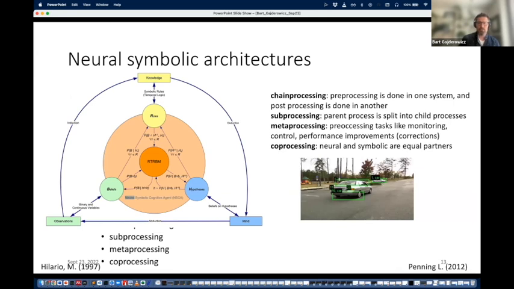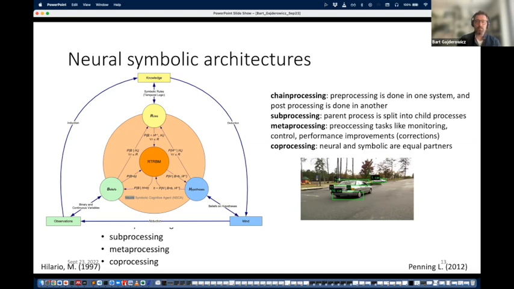Another architecture, and this is actually a cognitive architecture. And cognitive architectures are systems that try to mimic the way that people think. So it's not just trying to recreate neurons that exist in our brains, but it's trying to recreate the different components of our brain and our way of thinking. Right? So in this case, we have